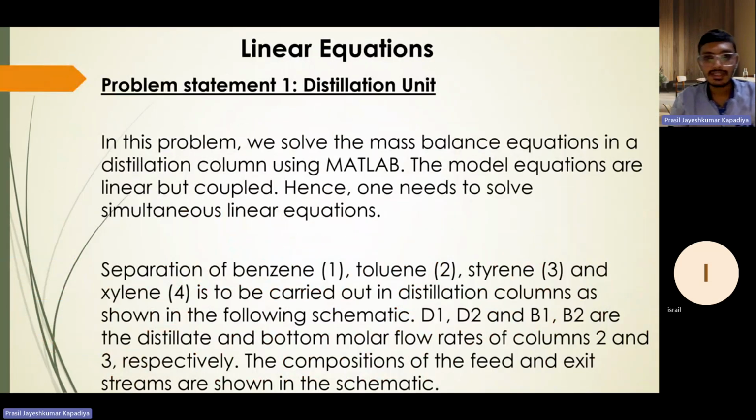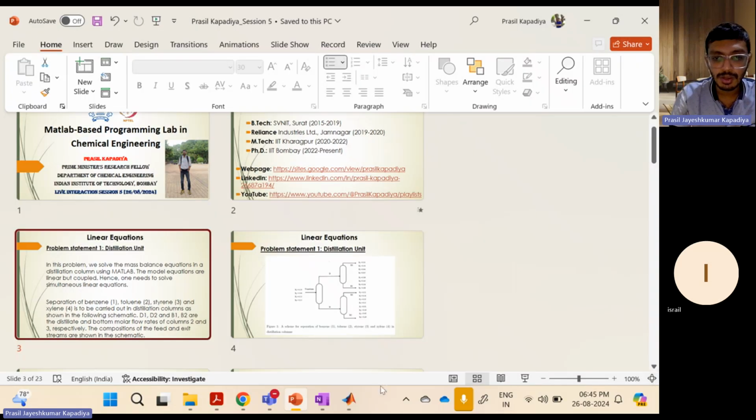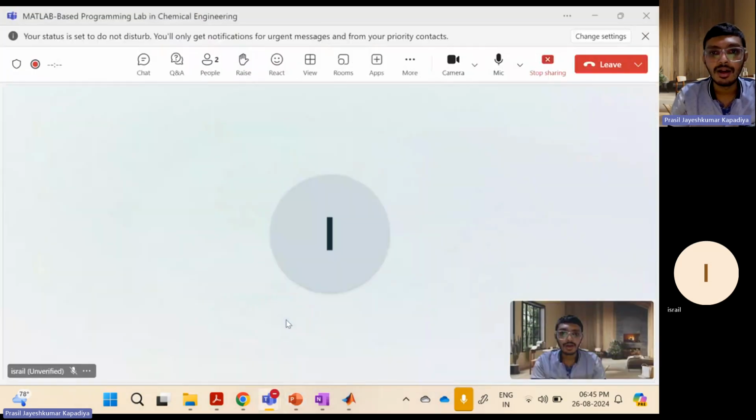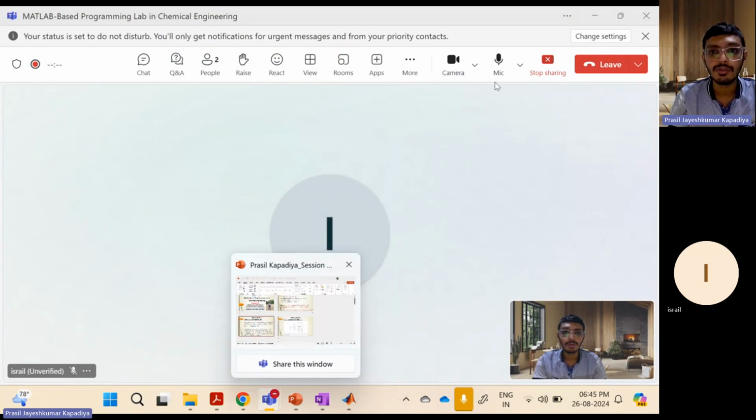So today we will take one distillation unit problem. Just give me a minute. I will be back. Just give me a minute. We will take this distillation column problem. I will keep my